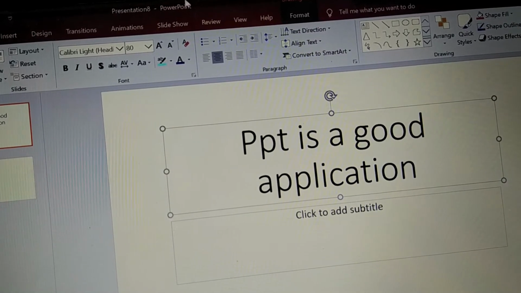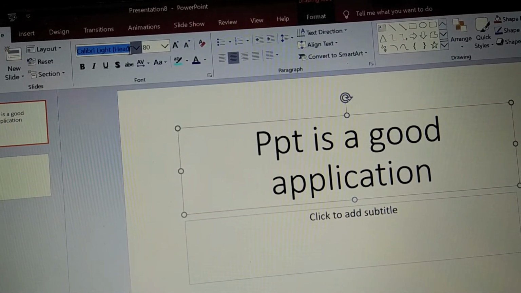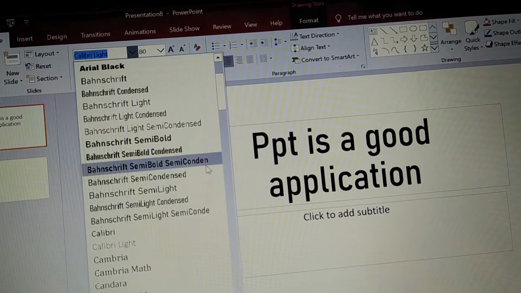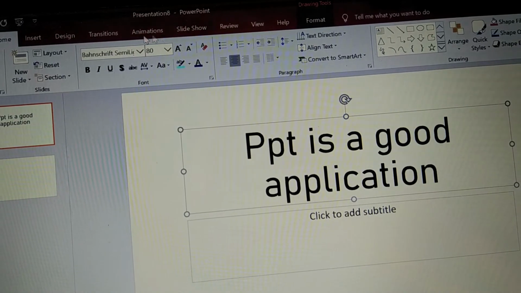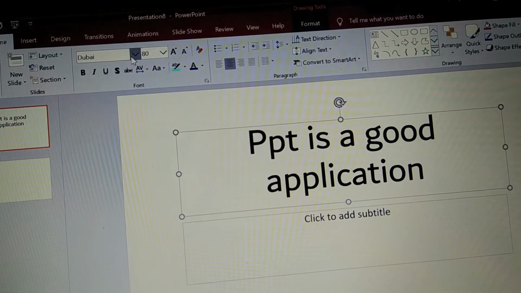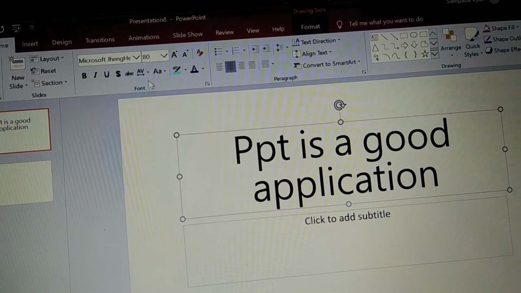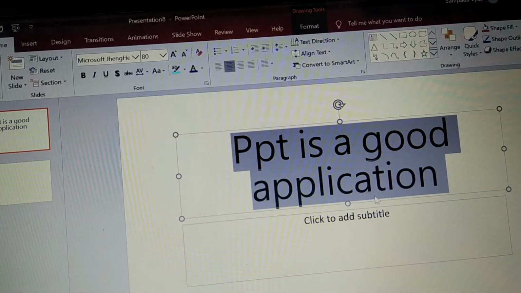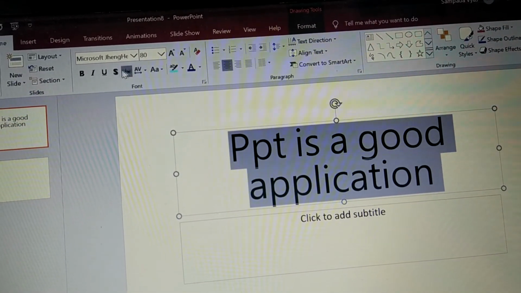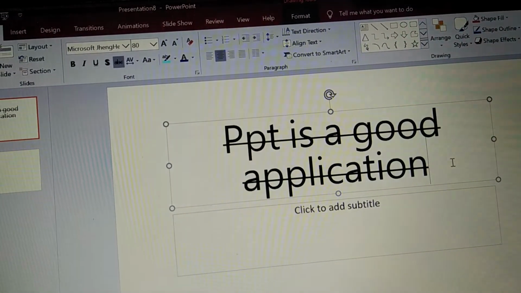Now we want to change this handwriting to another one, so we can change it to another language or another type of font. If you want to take one, you can take any of these. You can see this many are there; you can take any one. If I want to take this, then I will take this. Now I want to cut this sentence, meaning the whole PPT is ready but this sentence is not suitable for it. Then we have to cross it out, A B C, like this. Now I have crossed it.